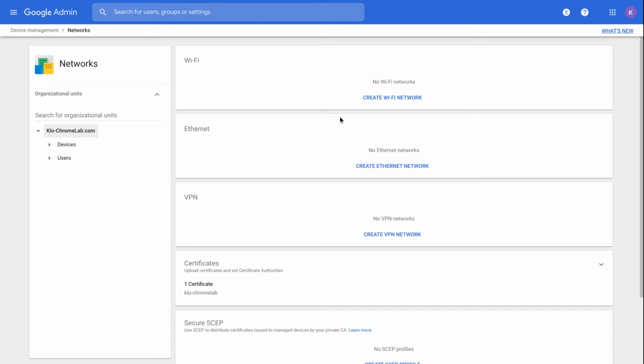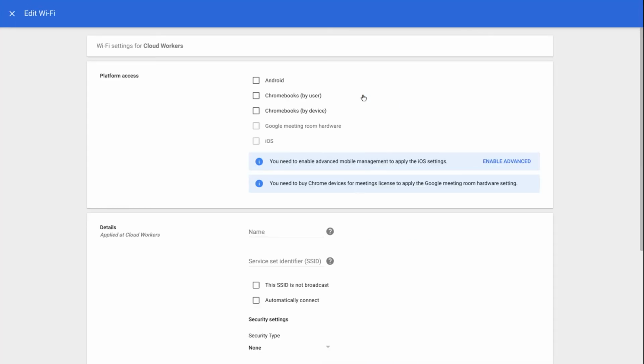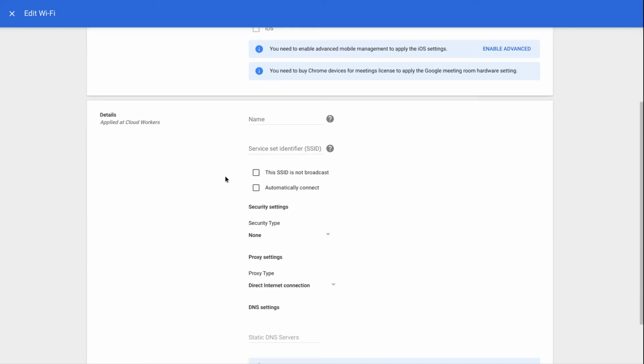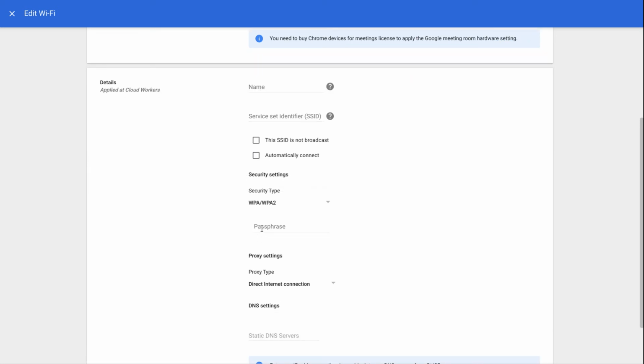If you want to push a Wi-Fi profile to my cloud worker population, for example, I select the OU, I click on Create Wi-Fi Network. You can apply all network parameters directly by users or by device. You have the choice. Be sure to select the right one. You add the name of the profile, an SSID, a security type, a passcode, and so on.